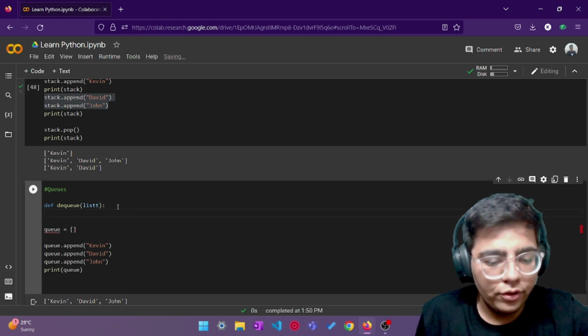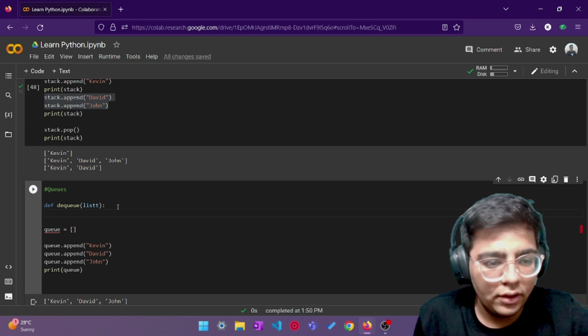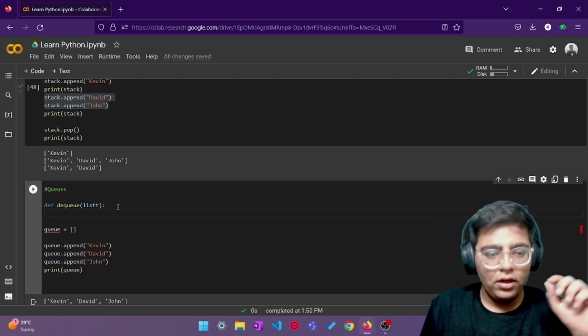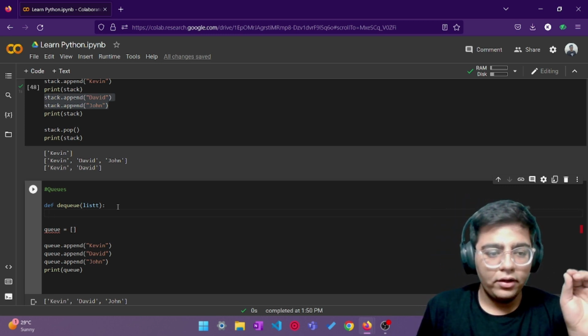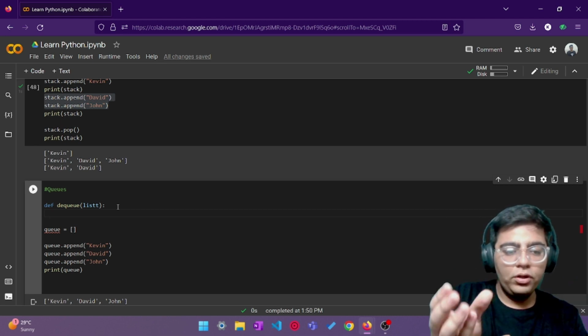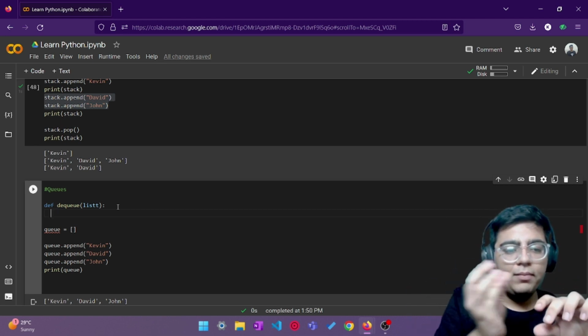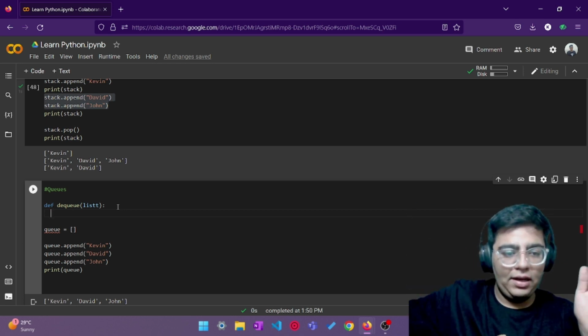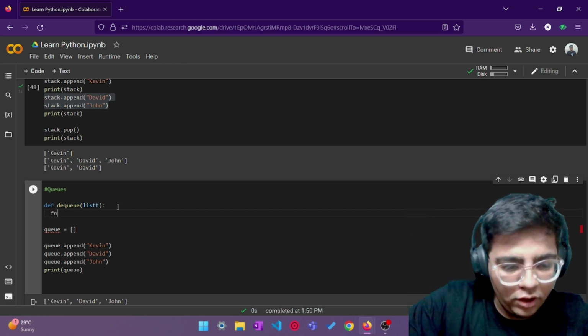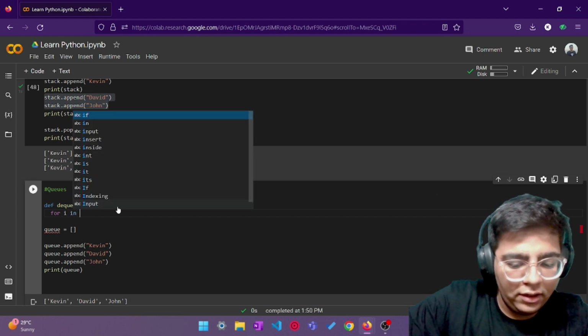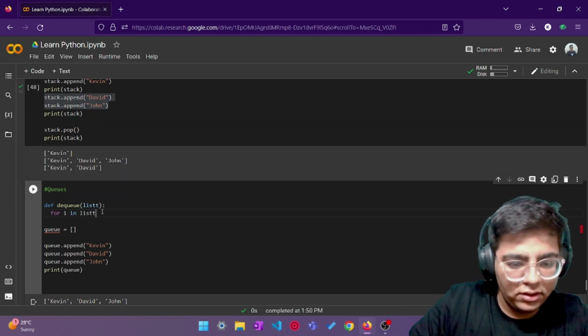And what we want to do is that inside the list we want to take the first element, and we want to put the second element in place of that. We want to put the third element in place of the second element, and we want to remove the third element. So what we'll do is, for I in list,